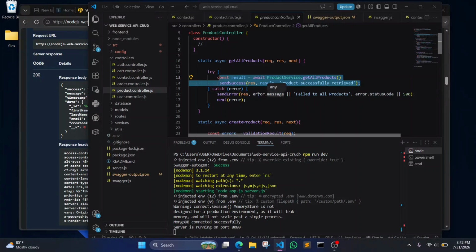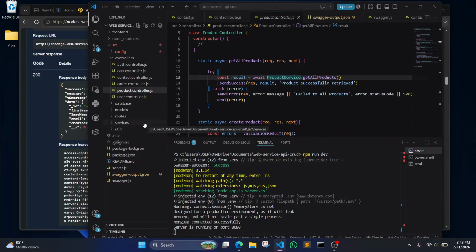If there's no error message in the error body here, we have a customized error message called fail to operate all programs. So you have an error code here, 500. That's if something goes wrong here. And most of the time, you see that if a tab is not connected, an error will be thrown. Let's see from this service down here where an error is thrown exactly, to see how it works